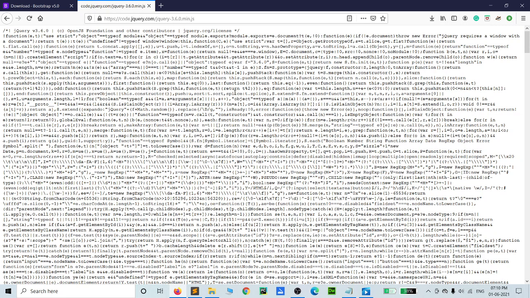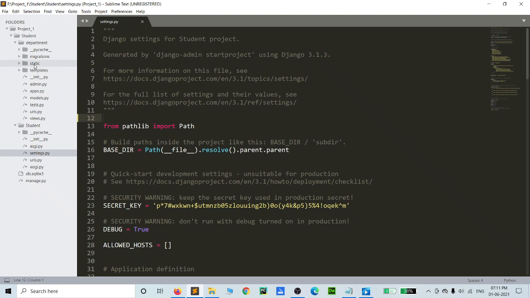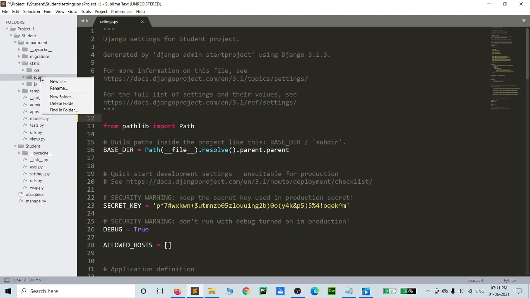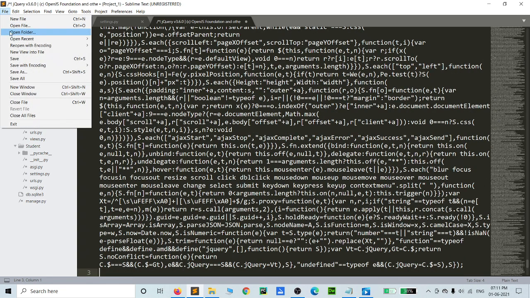The method is you can press Ctrl+A and copy it, and where to save the file, you go to your editor. Then in the static folder, inside the jQuery folder, we can create a new file here, then Ctrl+V and save the file.